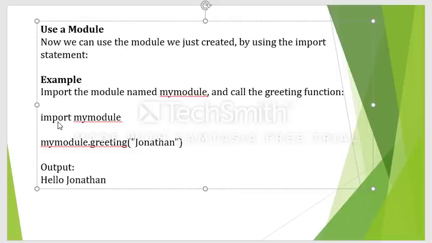In later classes we will use some library files which are already there in the Python library. At that time we have to write this import statement. So this is how we can use modules. By using an import statement, we can use a module which has been written by some other programmer.